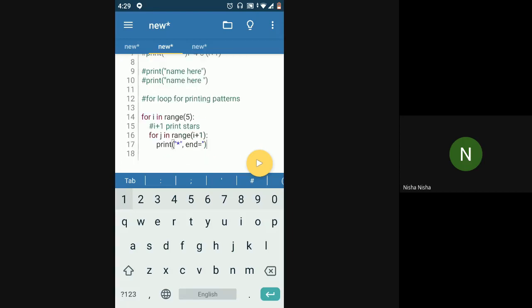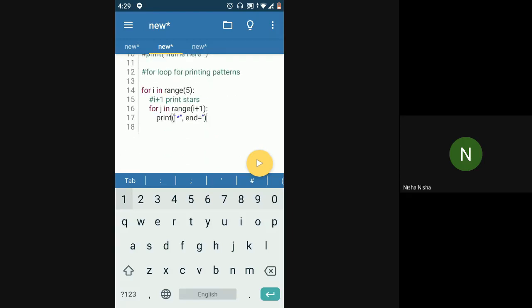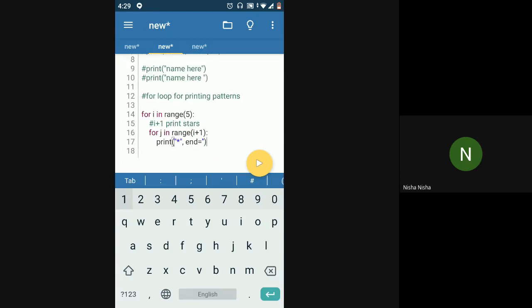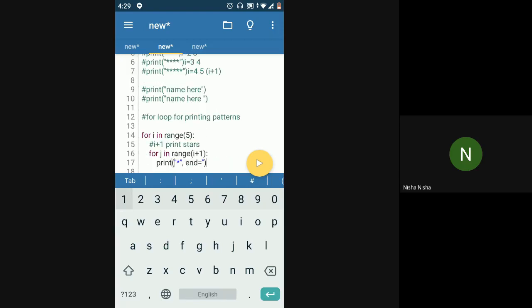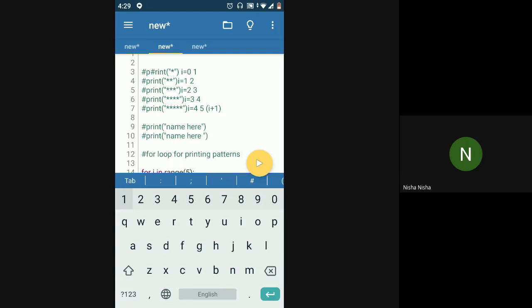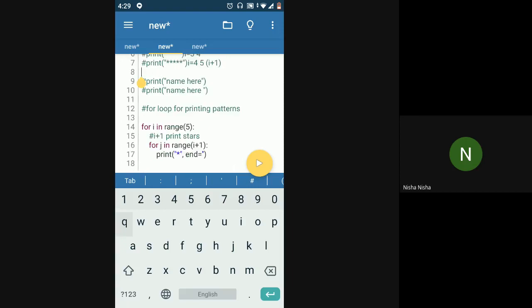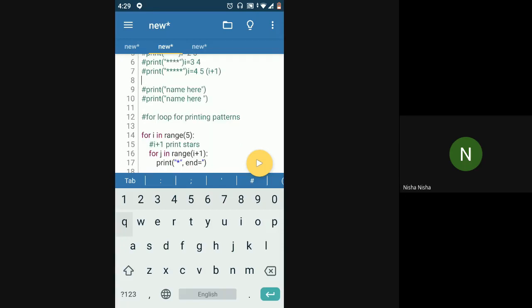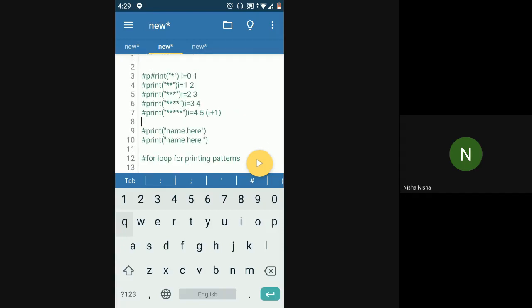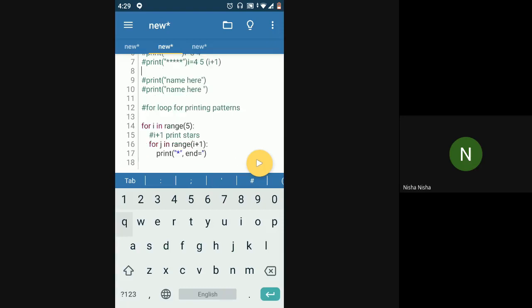So when do we go to the next line? Whenever my inner loop gets over, because my inner loop is basically printing whatever is present on one line. My outer loop is counting which line is going on. It is printing 5 different lines, one after the other, and the inner loop is printing how many stars are required on a particular line, right? So after the number of stars required on a particular line is printed, I want to go to the next line, right? So I'll just come here outside of the loop now.